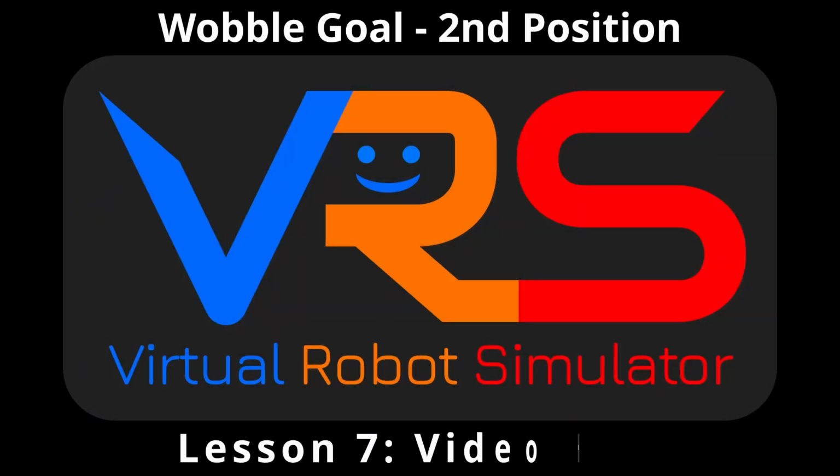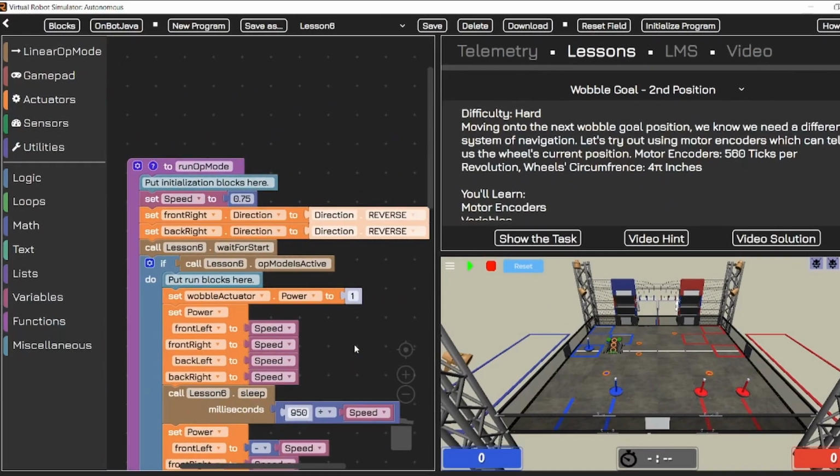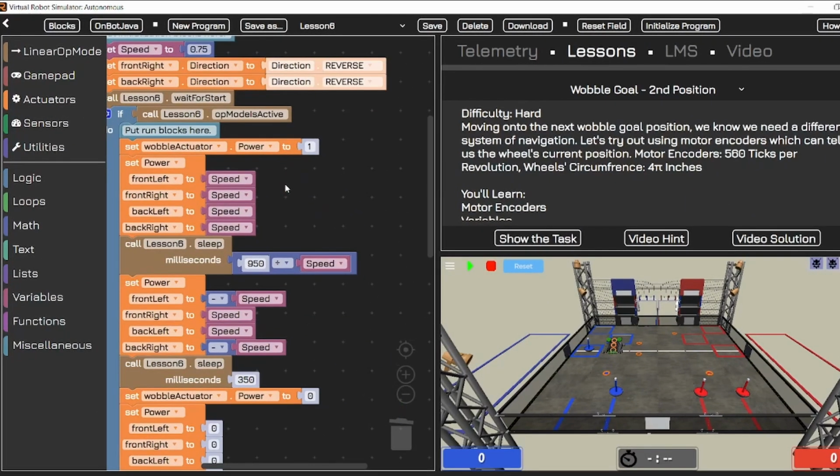Alright, motor encoders. You can see that this was a kind of a long bit of code and it wasn't that reliable. So we're gonna sort the first problem out of being reliable in terms of using motor encoders. Now I give you a whole bunch of values here, and let me first explain how to get